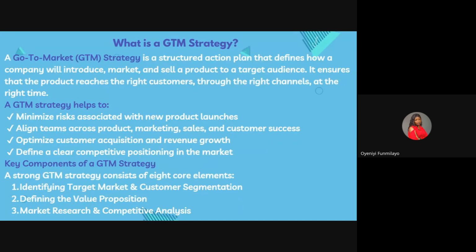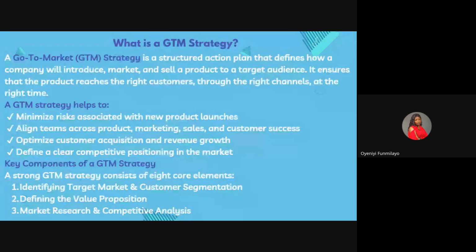Then defining the value proposition. I don't know if anybody has heard the word value proposition before. Has anybody heard the word value proposition? In the organization you work in, I'm sure you have somebody that is doing something similar to what you are doing. I'm sure there's something similar that other organizations are doing, right?